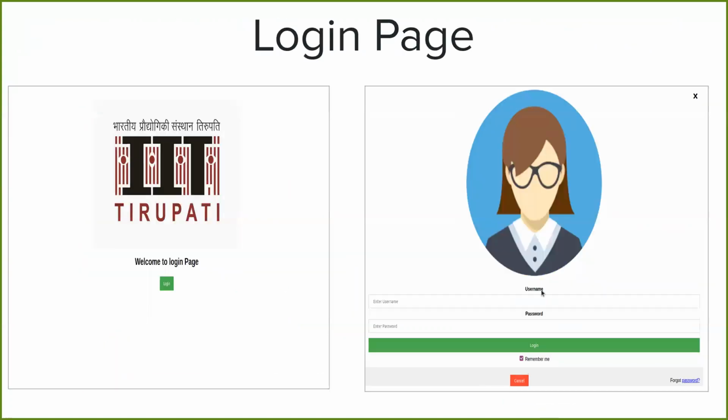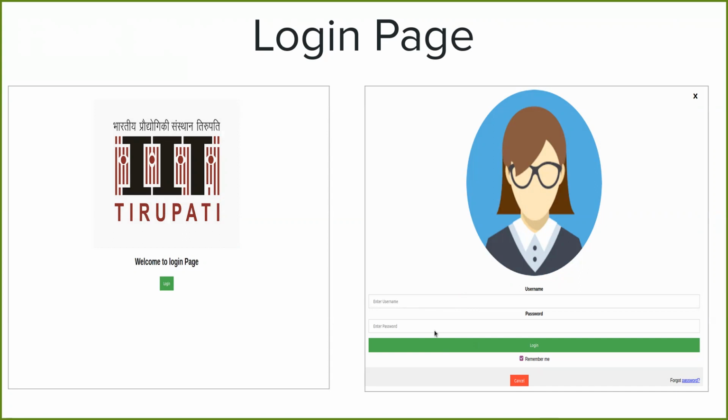Suppose we have a login page where we put the username and password to log in to any website. Whatever we see on the screen is the front end. This is written in HTML and CSS. When we put the username and password and click on the login button, if my username and password are correct, then we are able to log in. If they are incorrect, then we can't log in.